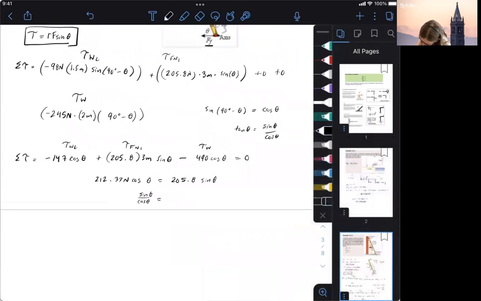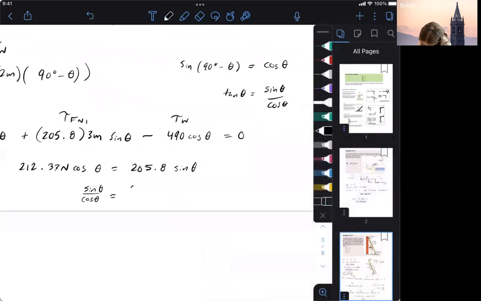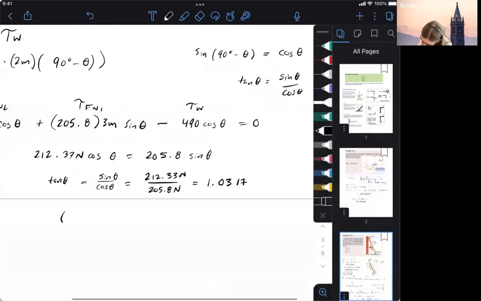It is going to be equal to 212.33 newtons divided by 205.8 newtons, and that should give me 1.0317. And let's say this is tangent of theta. Okay, so in this case, if we just do inverse tangent, we're going to get an angle. So tan inverse of 1.0317 is going to give me